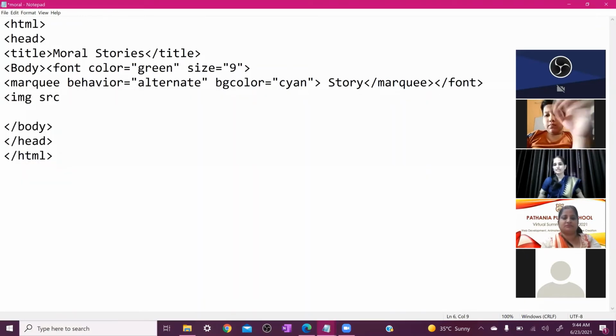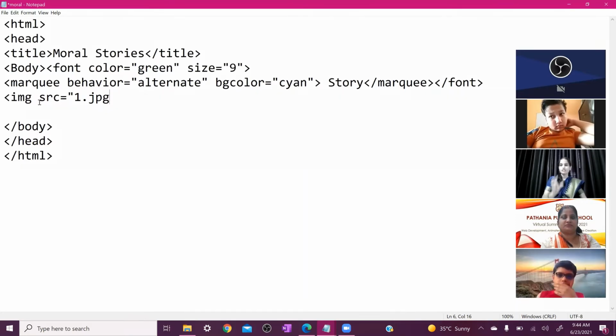SRC. What do you mean by SRC? SRC means source. So you write img src equals, just write 1.jpg. Don't write any path here because our web document and our images are all in the same location. Our images are on the desktop, our document is on the desktop, so no need to write the complete path, C drive, and all these things. Just write the name of the image and the extension of the image. The name of the image is 1 and the extension is .jpg. So you just write 1.jpg, and after that you need to close the inverted comma here.